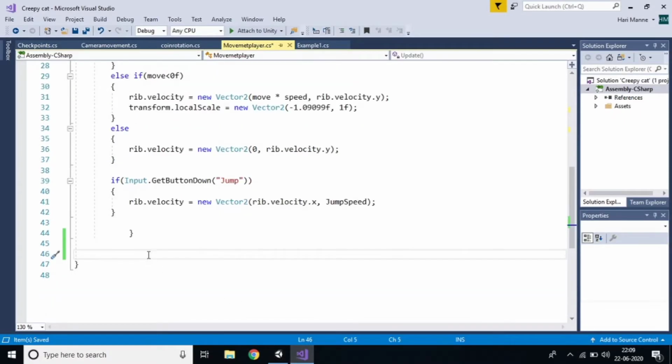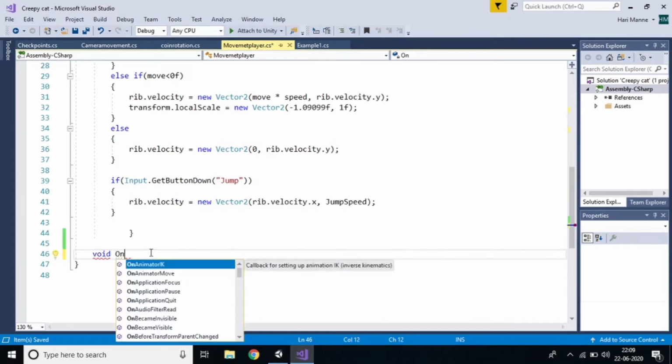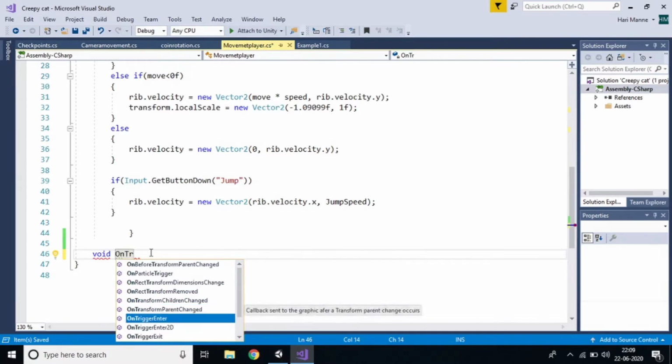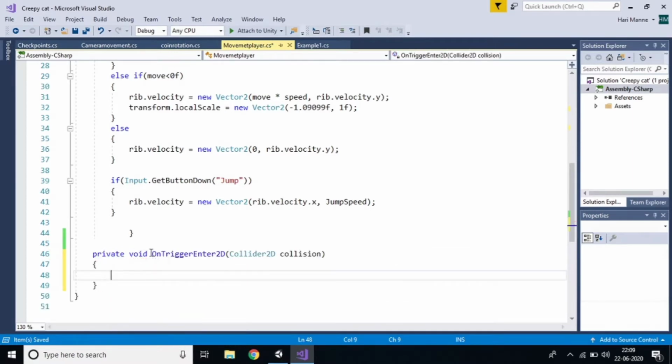That means just add a void OnTrigger function. Why am I adding the OnTrigger function? If the player touches the checkpoint, then the position should be the checkpoint position, right?